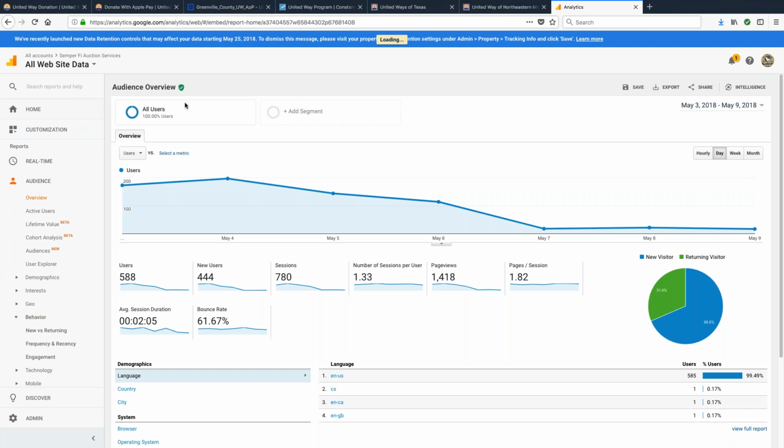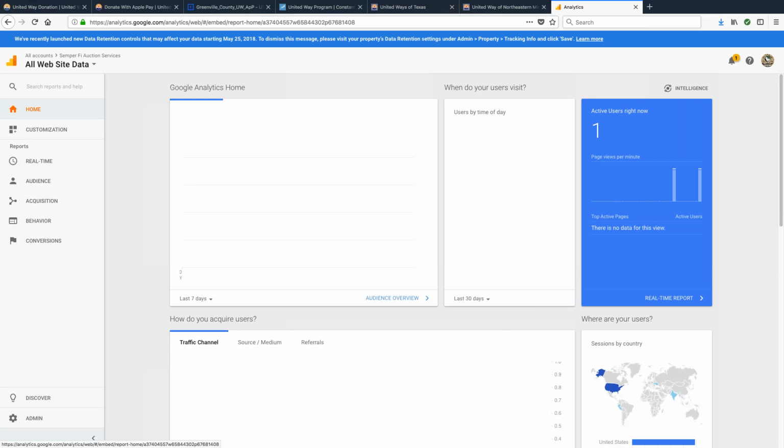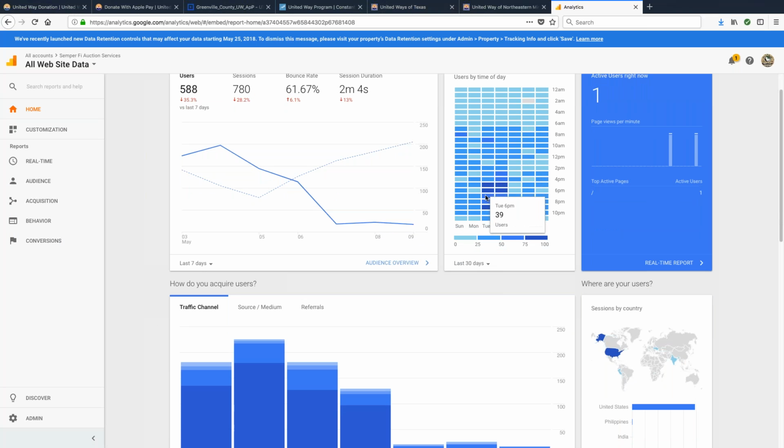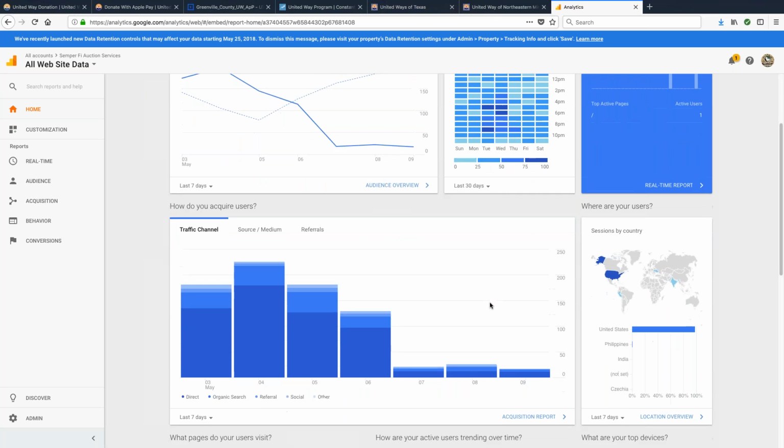Actually, let's go to the homepage. The general homepage reports are good. That's why they're on the homepage, because they're the most sought after, most interesting reports. Your frequency, your highest visit time. Sometimes those correlate to if you're doing newsletter blasts. Maybe you want to see how effective your newsletter blasts are and whether or not they're successfully driving people to your website at that time.